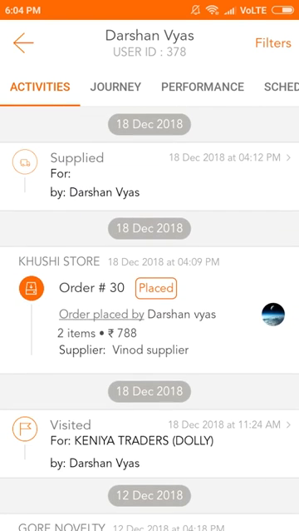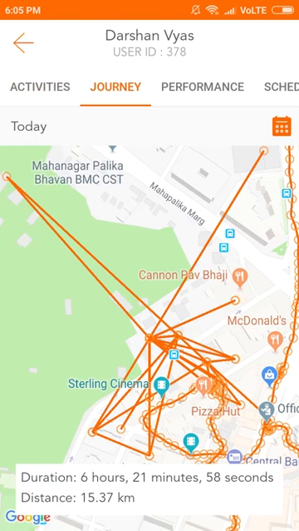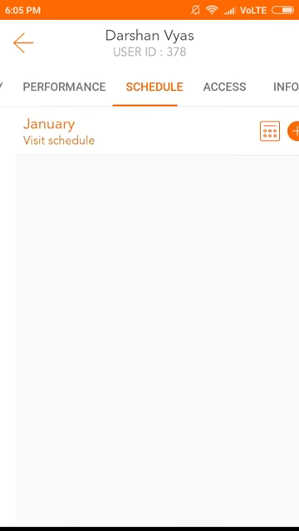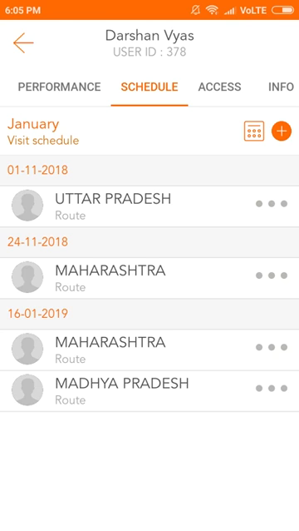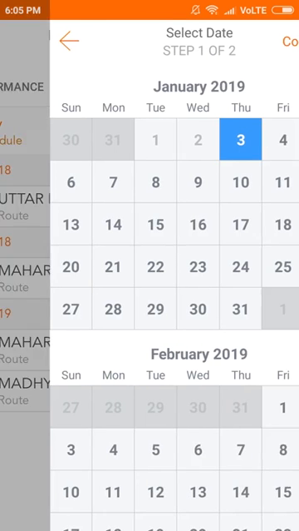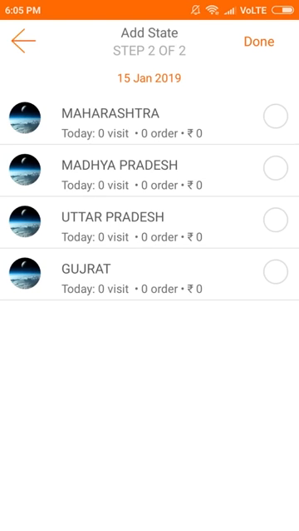By clicking on Journey, the plan of that salesperson is visible. Click on Schedule. Here, salesperson or admin can schedule a route plan by clicking on Add icon. Select the date, click on Continue, then select the route and click on Done.